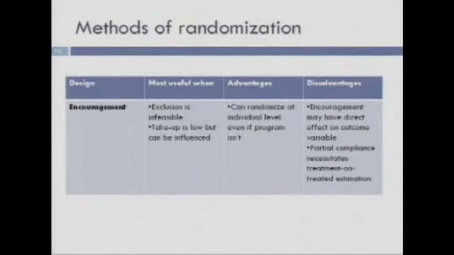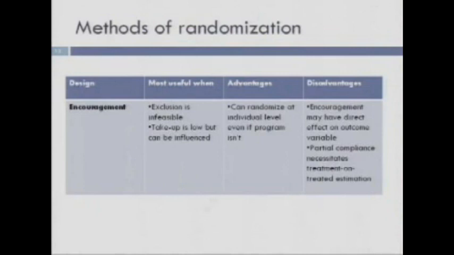You obviously, in some ways, get more data. You have to worry about expectation effects. Again, in medicine, they don't worry about that very much, but in economics, we would. And again, that's going to make it difficult to estimate the long-run effects. Final approach is encouragement. So there are some cases in which it's not really feasible to exclude people. There might be a social program that's written into law that everybody's eligible for.